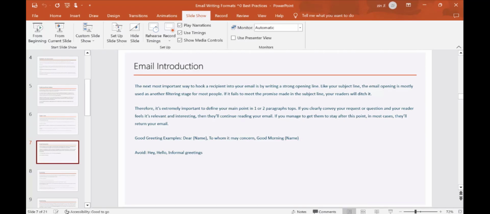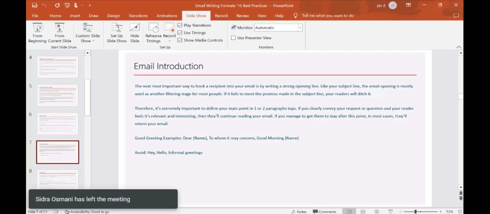Always start your emails with dear sir. Never do hi, hello, any informal greetings. Always start an email saying, dear Mr. XYZ, dear Miss XYZ. Now it's a cultural thing, right? Like in the West, you normally use the first name, right? In the Middle East, a lot of people like to use Mr. first name, right? I am a big fan of using, if I use Mr. or Miss, I'm using the last name. And if I'm going to be calling somebody by the first name, I just go dear first name,